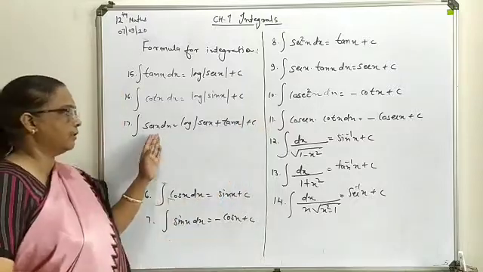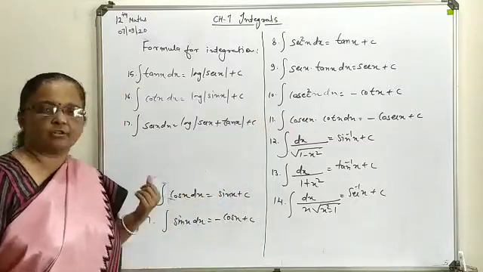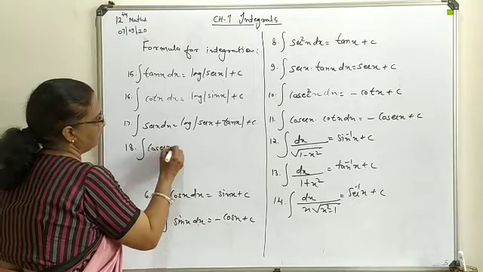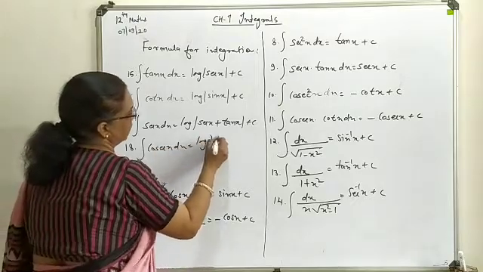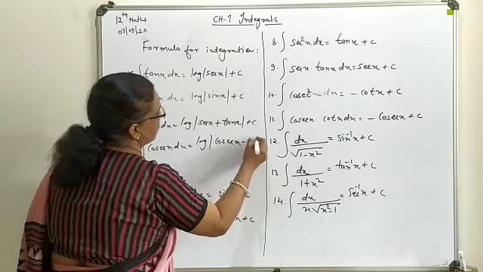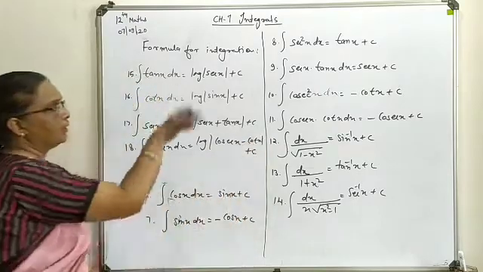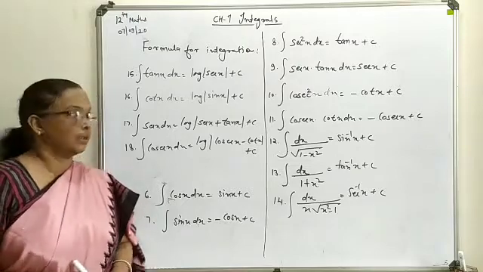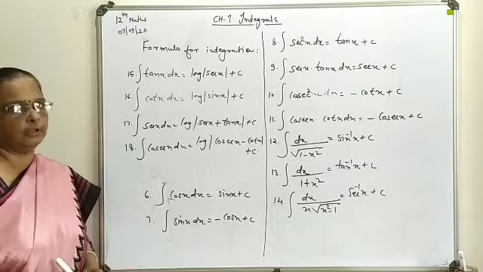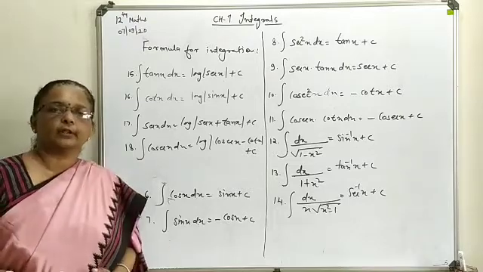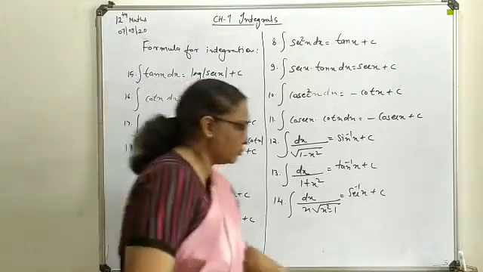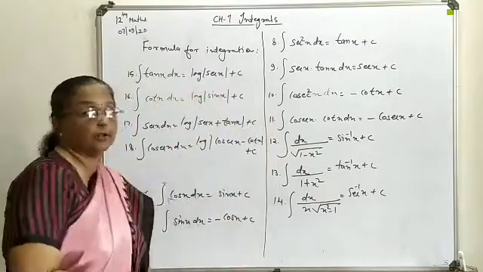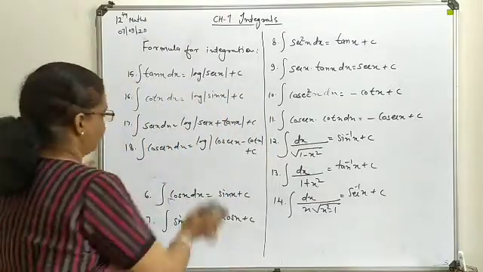One more form is available with your sec and cosec. So at the time of application we will use it. Now this is the last, that is cosec x: log of cosec x minus cot x. So this way, these are the basic formulas that will be used in the first two exercises. First of all, get command over the formula form, and then find the integration for a given expression. Now, a basic thing I want to clear before I start with the particular question, that you keep in your mind while attending questions.